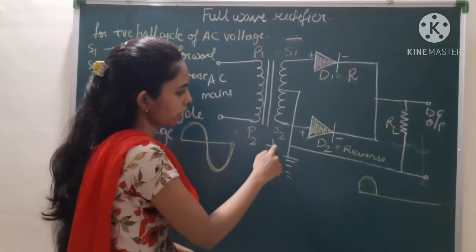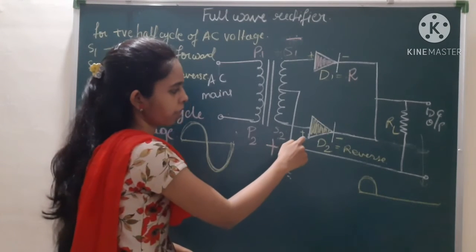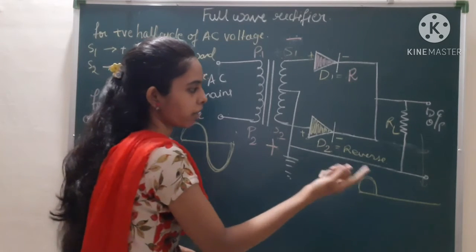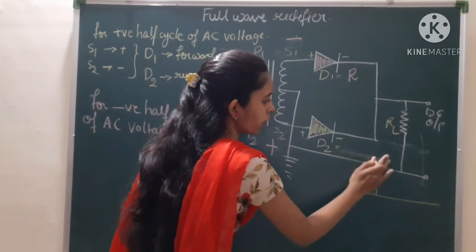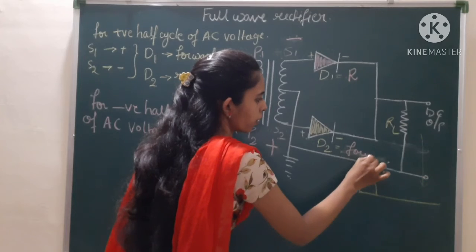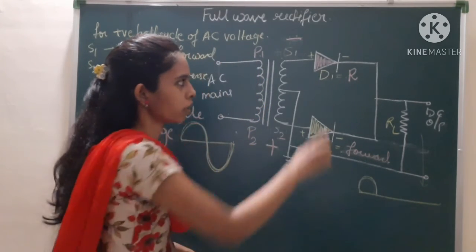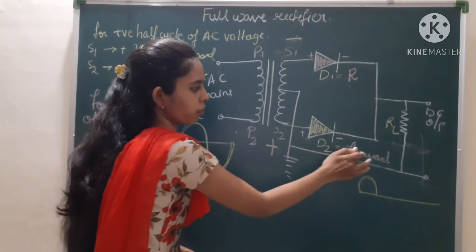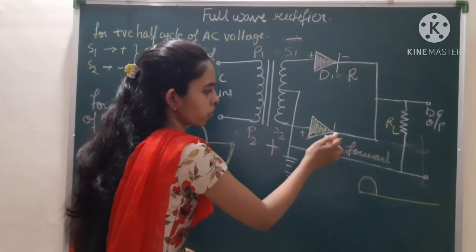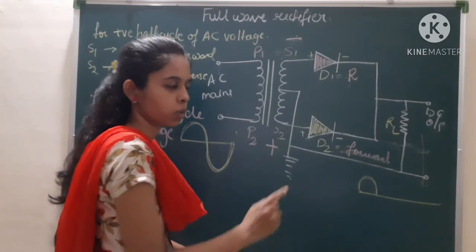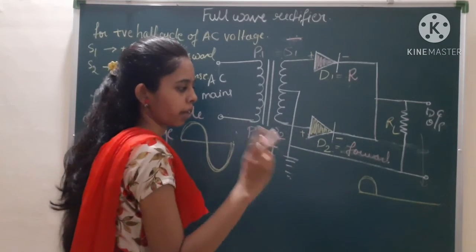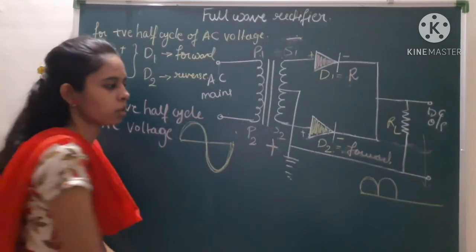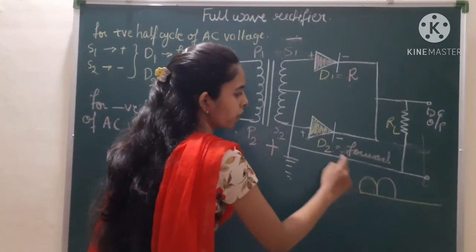And over here you can see that S2 has now become plus. Therefore here it is connected to the positive of the diode. Therefore what will happen? This diode will work in forward bias. Okay. So now this diode is not going to work because it is in reverse bias. This diode is now in forward bias. Therefore the output is going to be generated just because of this diode. Okay. So this is the reason we are using what? Two diodes. So now at the output you are getting the second half cycle. Okay. So you can see that this gap is now filled with this second diode.